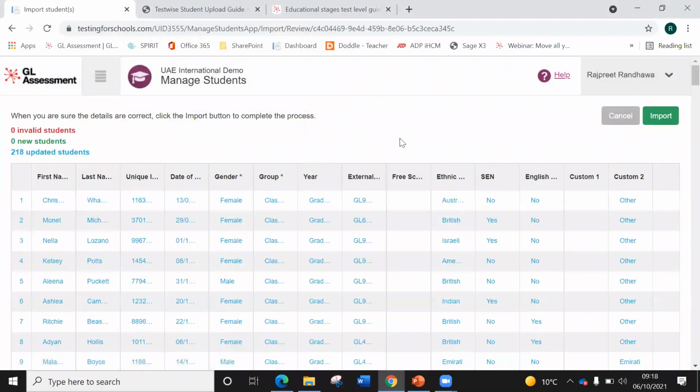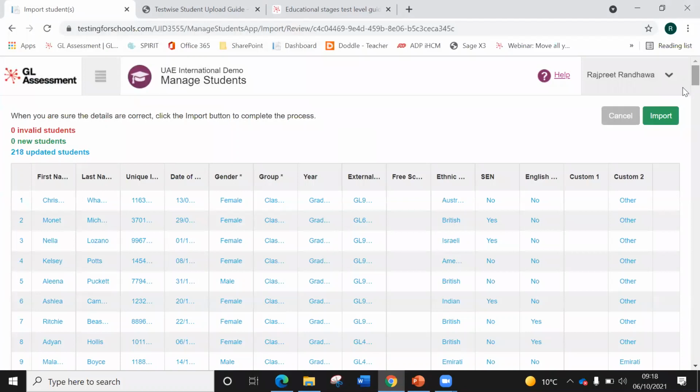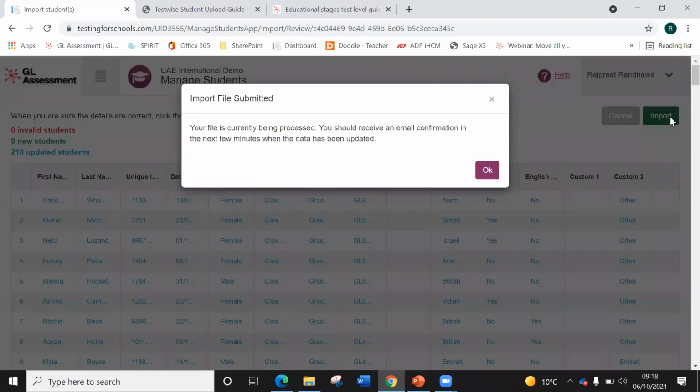And then I can now see that there are no invalid students showing, and Testwise is allowing me to import these students again. So all new students that are inputted into the system list will be presented in green, and any updated students will be presented in blue. As this will be your first time adding students into your system, into your student list, all of your students should appear as green. So then you'll select the import button on the top right hand corner of the page,